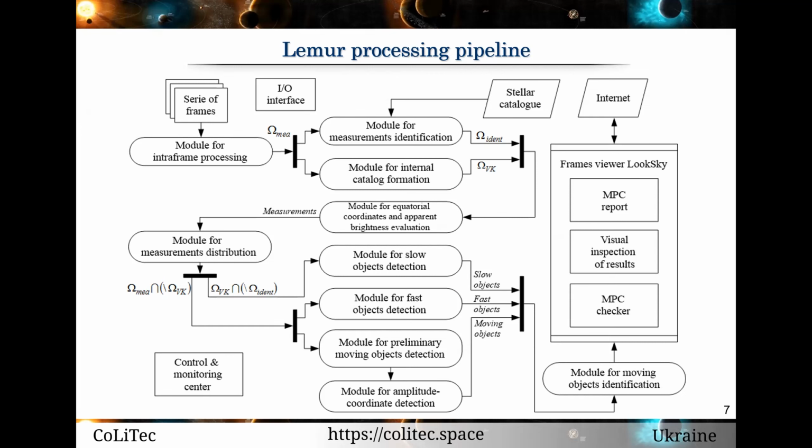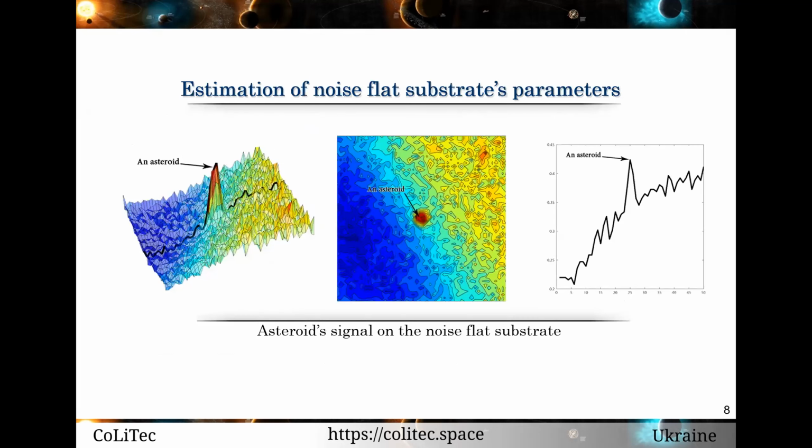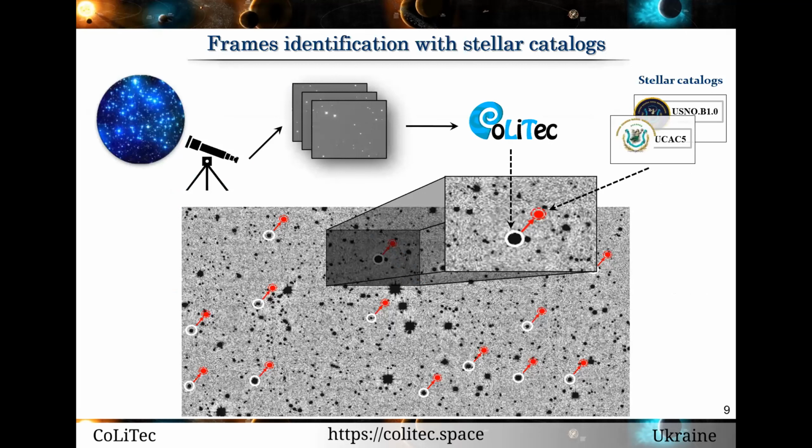During the intra-frame processing stage, there is an identification process with astronomical catalogs. This is called astrometric reduction. For astrometric reduction, at first we need to recognize pixels that are related only to the real object signal. Then software removes all unnecessary pixels from the input dataset to reduce the amount of measurements for processing. After the estimation of the object's position, the software starts frame identification with the stellar astronomical catalogs.